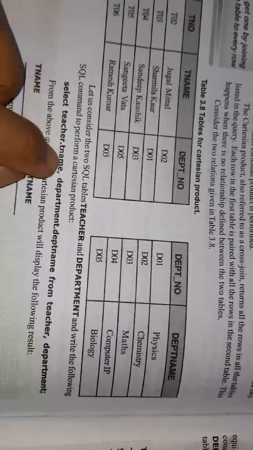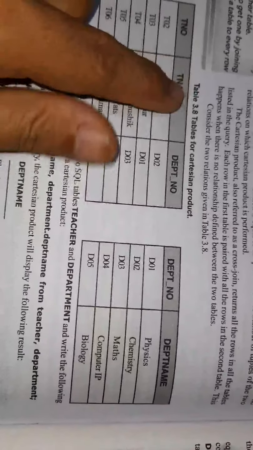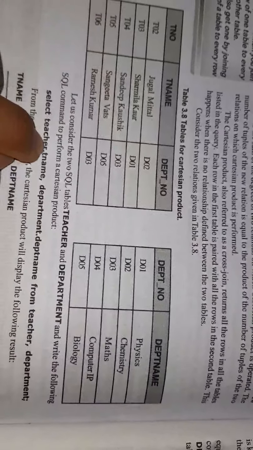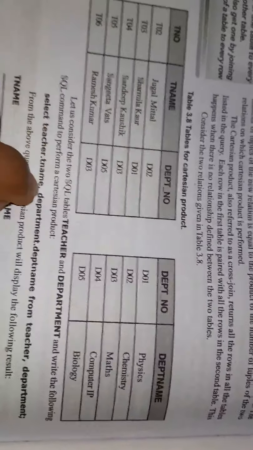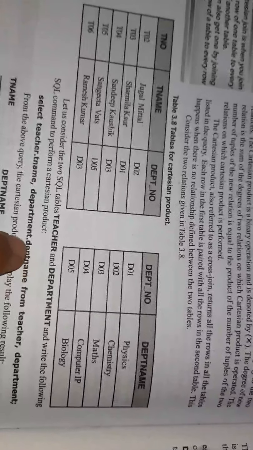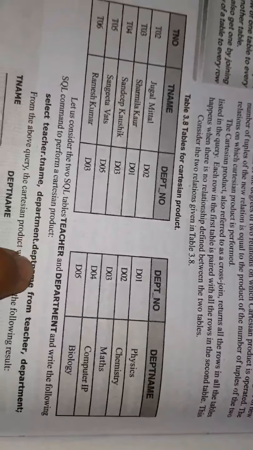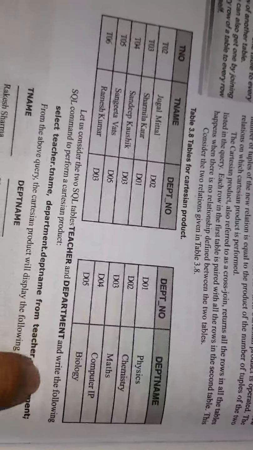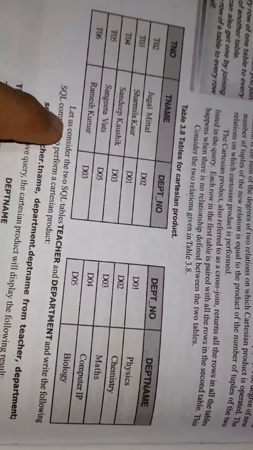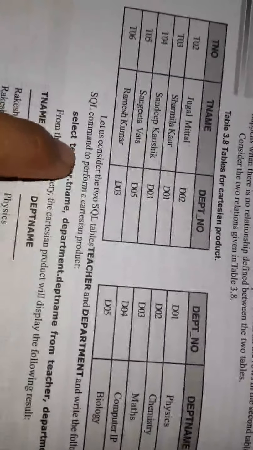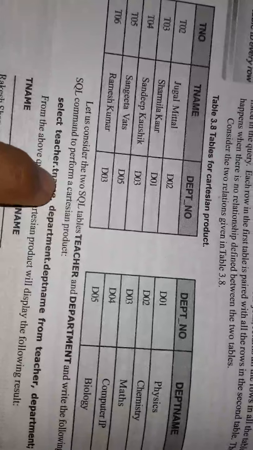Select teacher.tname. So here you are selecting this column from the teacher table, which is identified by this dot operator. The comma is necessary. Then department name. This table name is department, and from there you are displaying the department name. From teacher comma department. From which tables? Teacher comma department. Using this dot operator you are extracting this teacher name